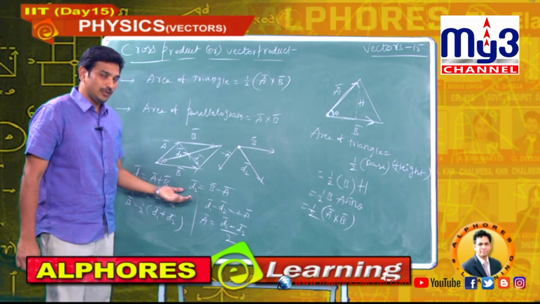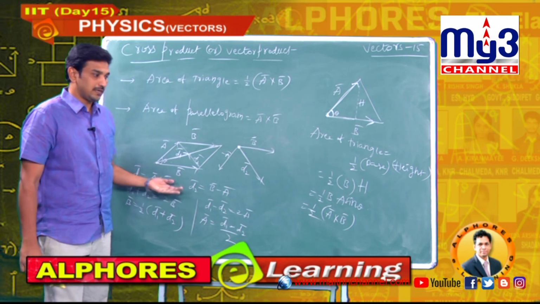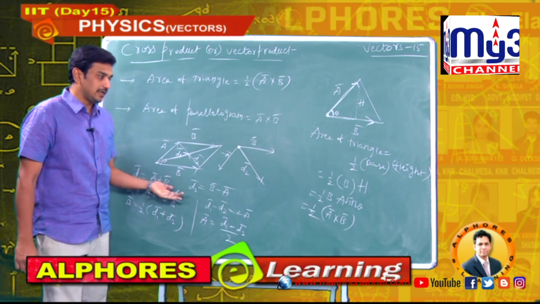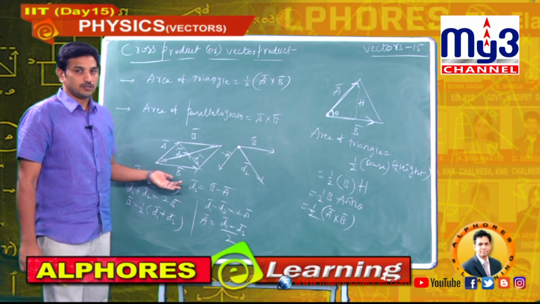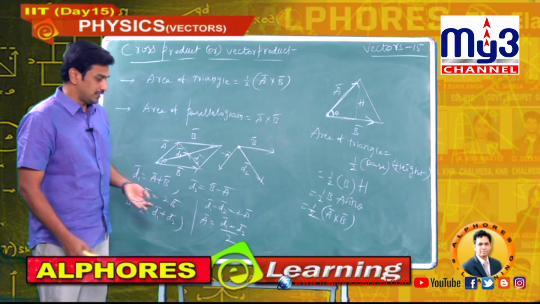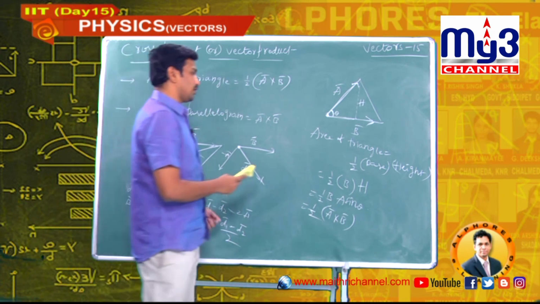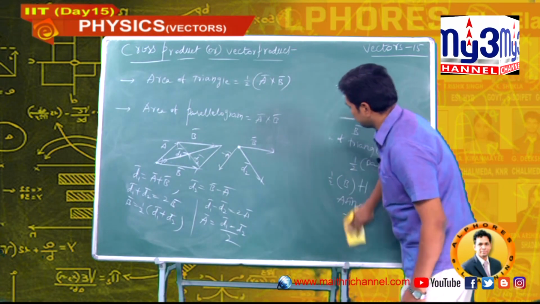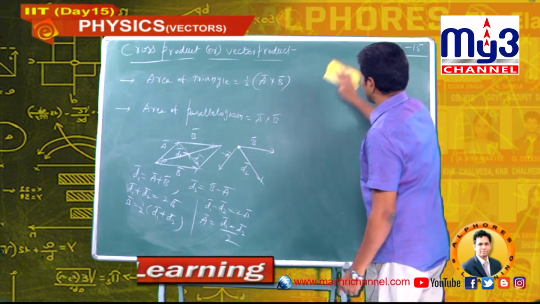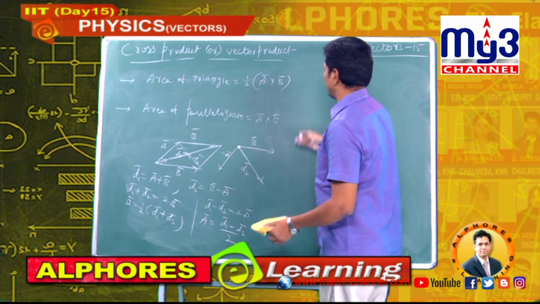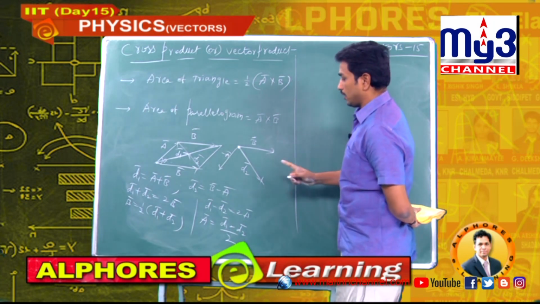See, directly you can remember the formula, but even then if you know the clarity of how we got this formula, it will give you better clarification. For that reason I am trying to prove it. Otherwise you can go for the direct formula also, no problem, because these are the applications we will use in physics numericals. Now A bar I know, B bar I know.